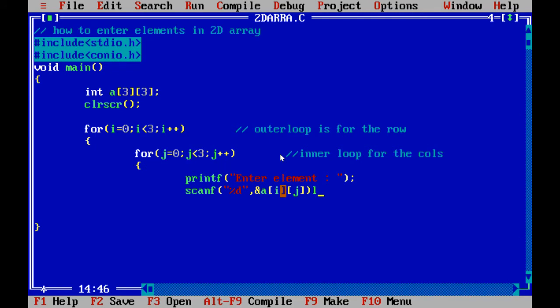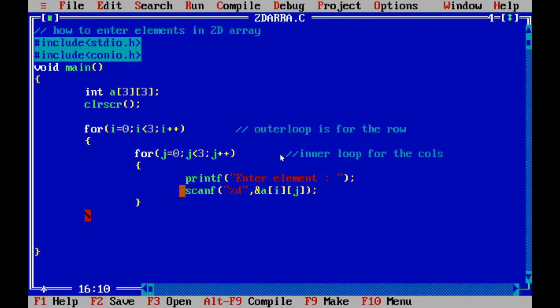Because i is my row and j is my column. And we know that first it will execute the inner loop, right? So when i is equal to 0, it will iterate this inner loop 3 times, means first row and all 3 columns.